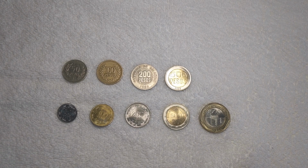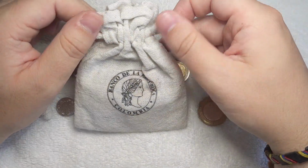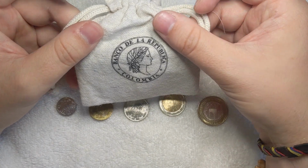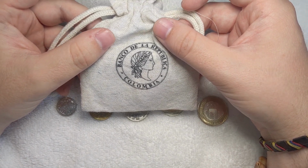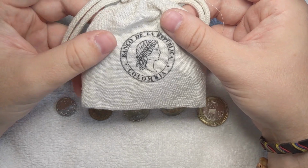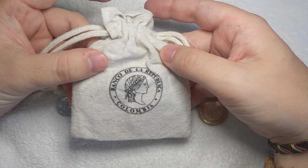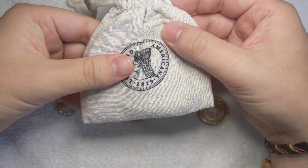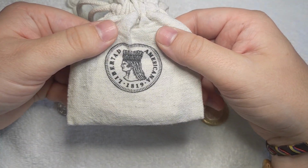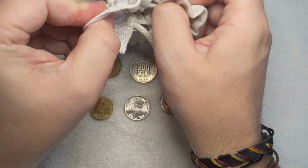Now let's stick around and I'll show you some of the goodies, including the commemorative coin that I got while I was in Colombia. And so here I have this bag which contains one of the commemorative coins released by the Bank of Colombia. So actually, this is how the coins are distributed when you go to the bank to get them. They're in this nice little sack. This is actually part of the design of the coin. And if I open it up,